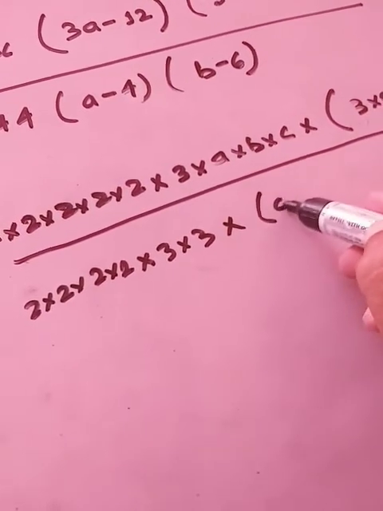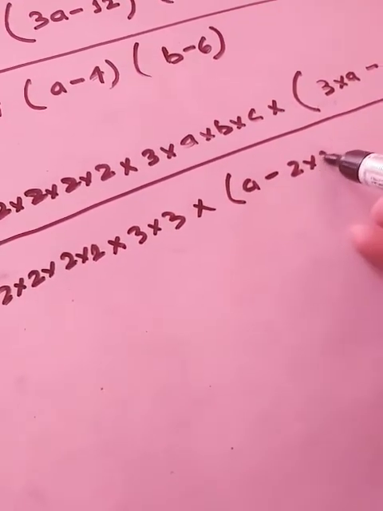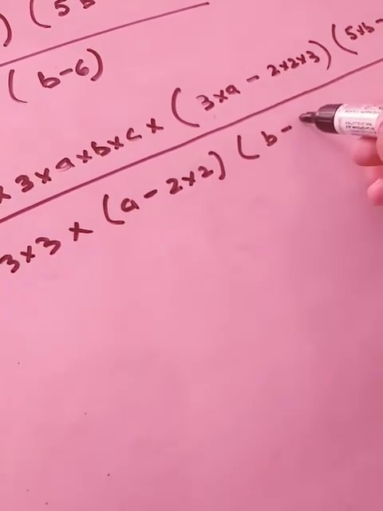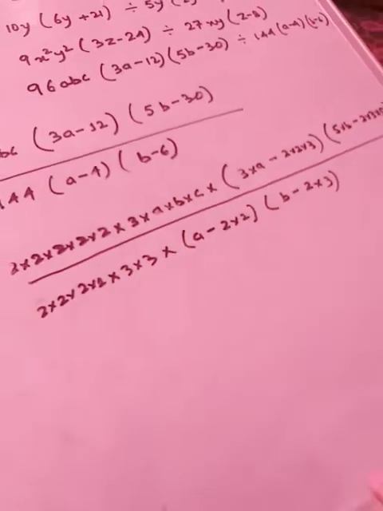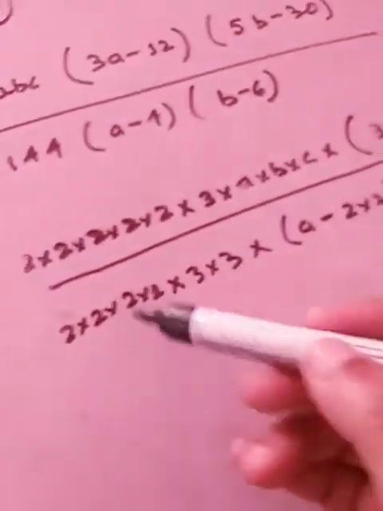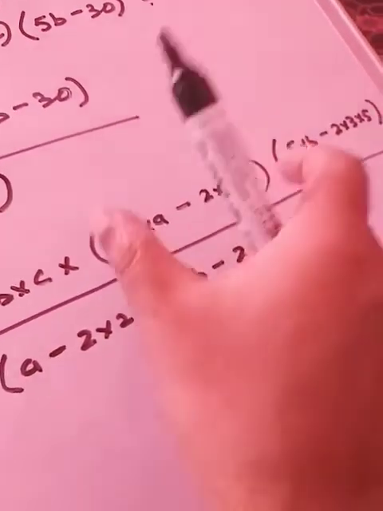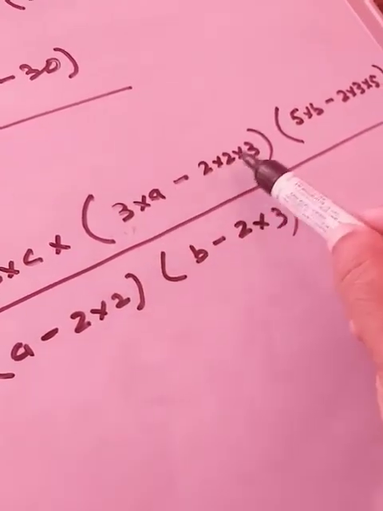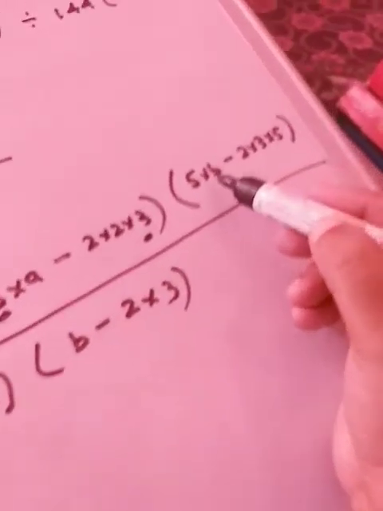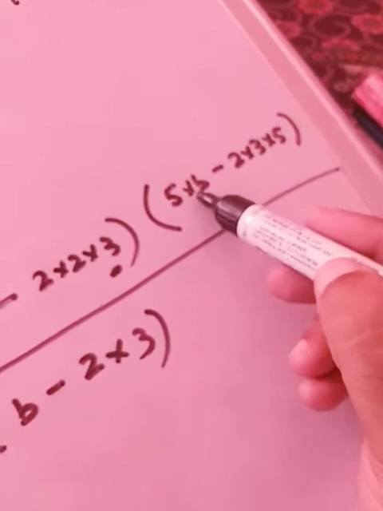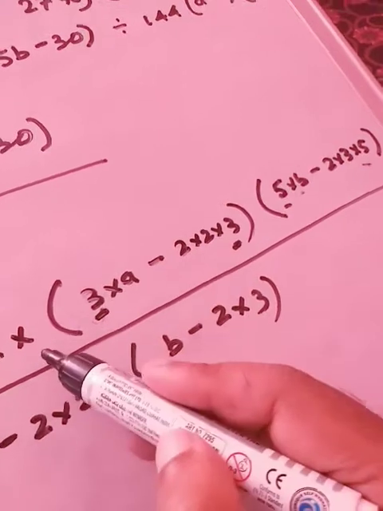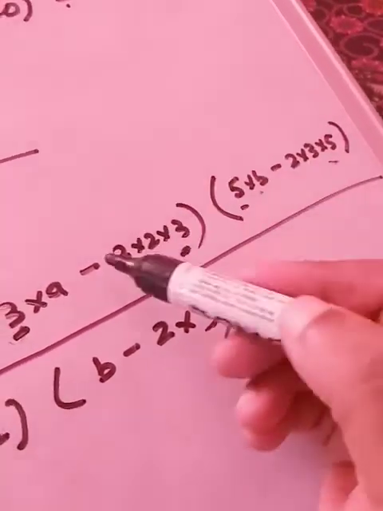Now we'll write A minus 4. 4 means 2 into 2, isn't it? Now B is only B. 6 means 2 into 3. Now just leave all the numbers outside the brackets. Let me consider the first bracket of the numerator. You see these two terms carry 3 as a common factor, isn't it? And the other bracket is also sharing something common between the two terms, that is 5. So from this bracket we'll take 3 as common, and from the other bracket we'll take 5 as common.